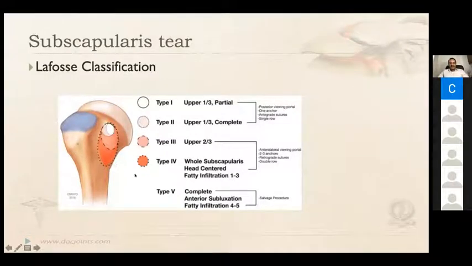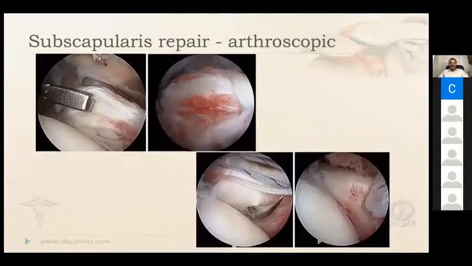These are the types of subscapularis tears. It usually starts from the superior aspect, and the upper 1/3 is more important than the lower 2/3. The upper 1/3 is tendinous. So if it's a tear in the superior aspect, the power will be less, and that should be addressed, especially if the shoulder is dislocating. There is a history of dislocation. The rotator interval will be very weak. So attachment of the superior part of the subscapularis is more important than the inferior part.